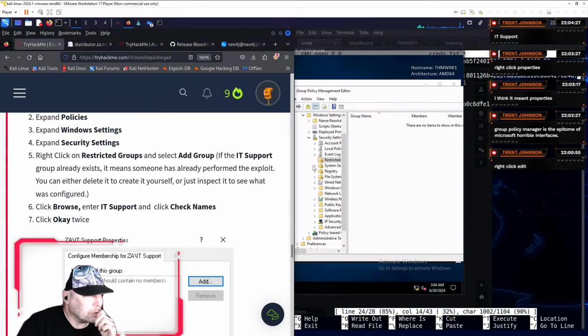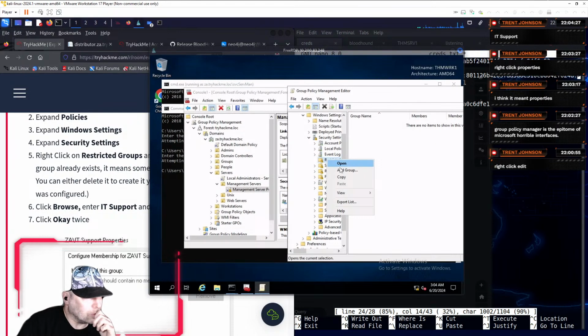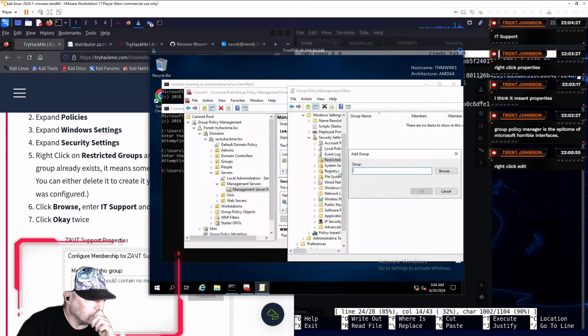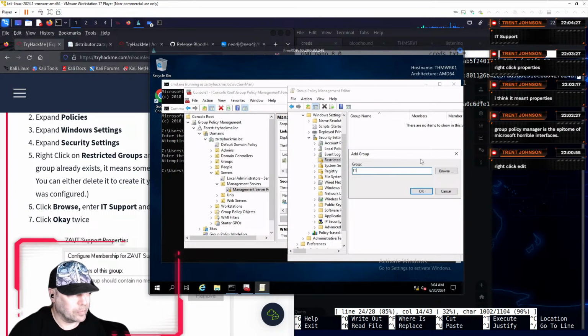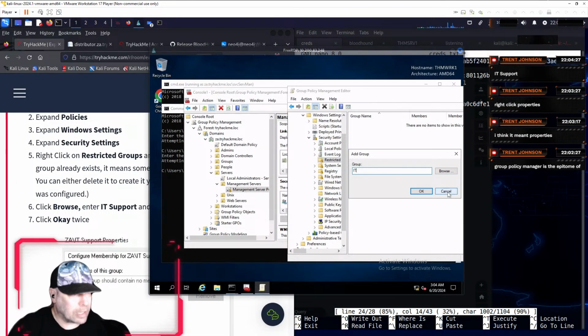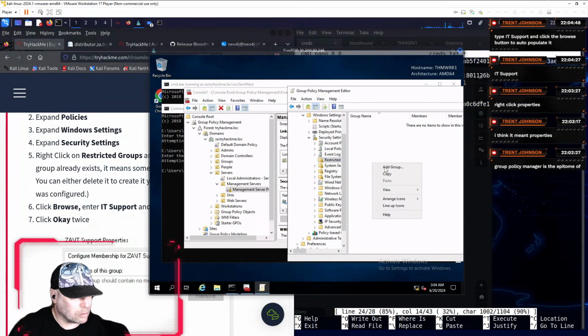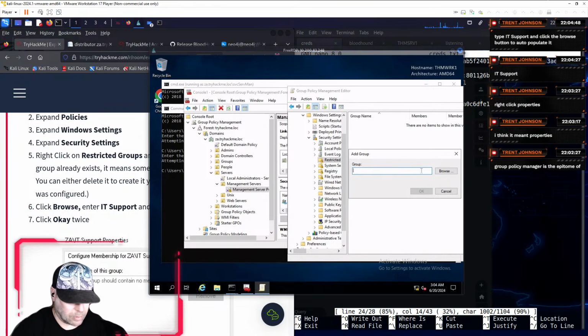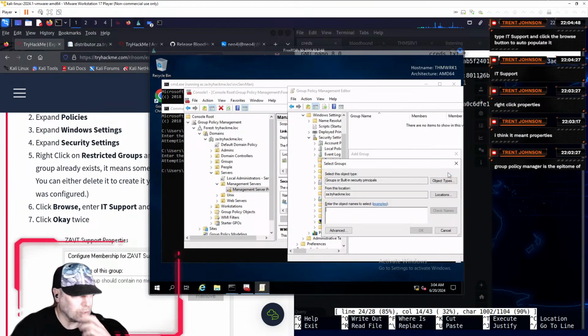Right click on restricted groups. Yes, I've done so. Add group. There we go. IT. That's weird that it gives you two different... No, it's the same. Did I hit OK before I hit browse? I think that's what I did, right?